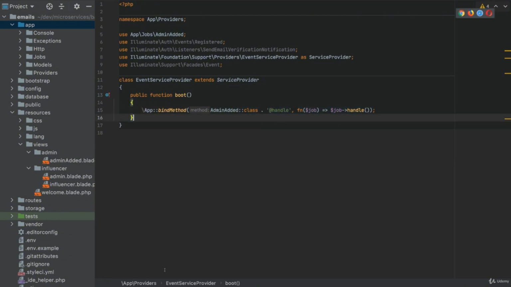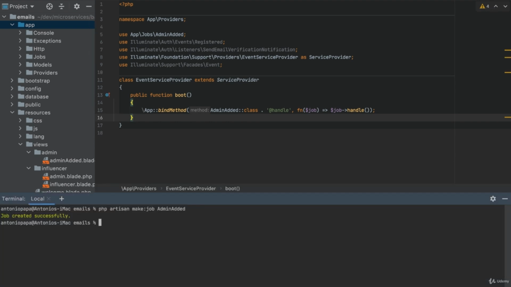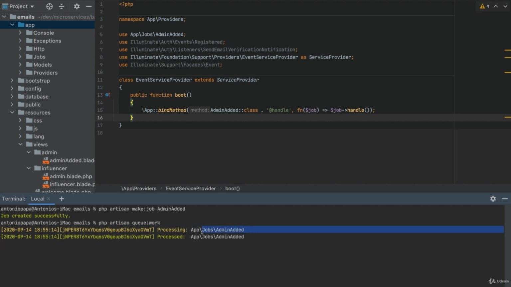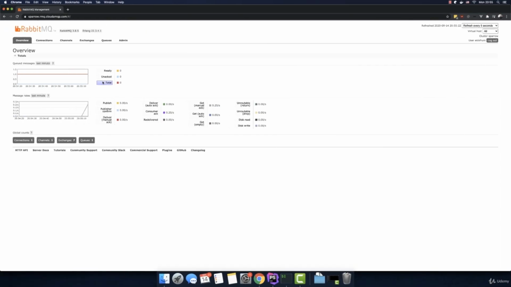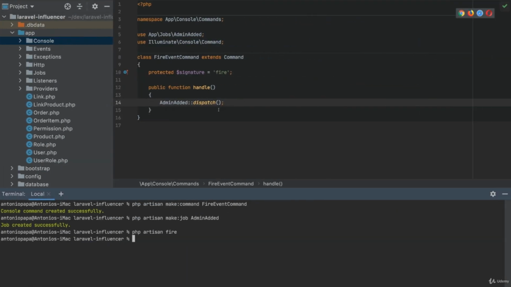So now let's wait for the event. Write php artisan queue:work. We can see that we processed our AdminAdded job, and if you see now the RabbitMQ, this ready is back to 0. So the event was handled. Now let's send some data. So in our AdminAdded